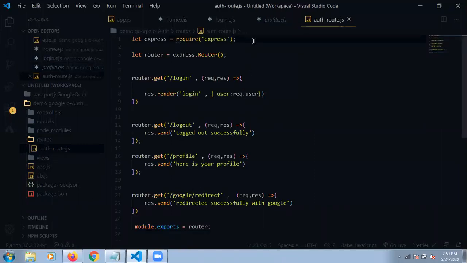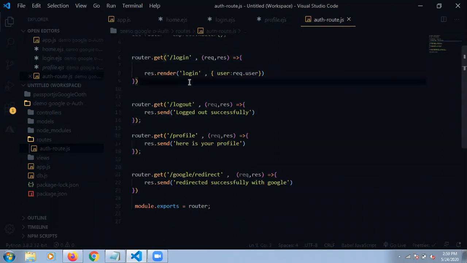Since we are applying all the CRUD inside our route, we are requiring express, whatever npm package is used, and after that we are requiring our router. Since router is inside express, we are making an instance of router and making all the router.get and router.logout.